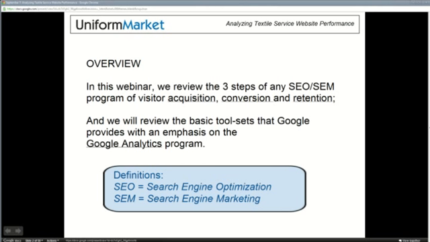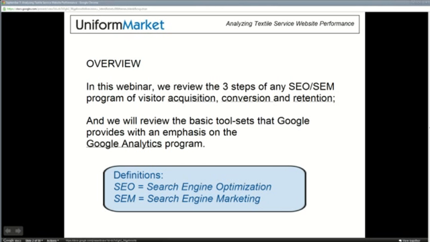Once they come to your site, you want to convert them from a visitor to a customer. And then once they're a customer, you want to do things beyond the initial contact in order to retain them as customers. You want them to come back to your site. You want them to be repeat customers. You want them to become people that turn that golden crank of a handle and purchase things from your web